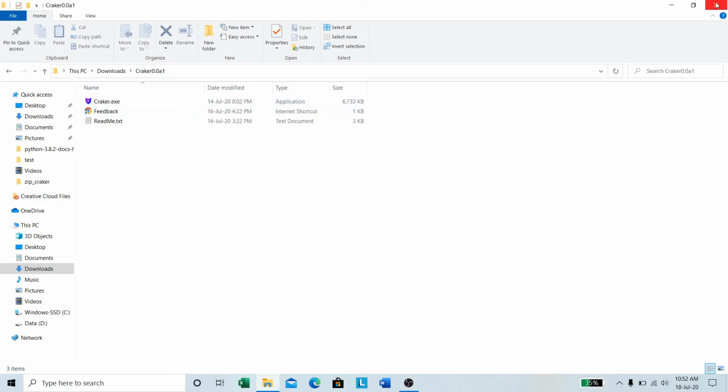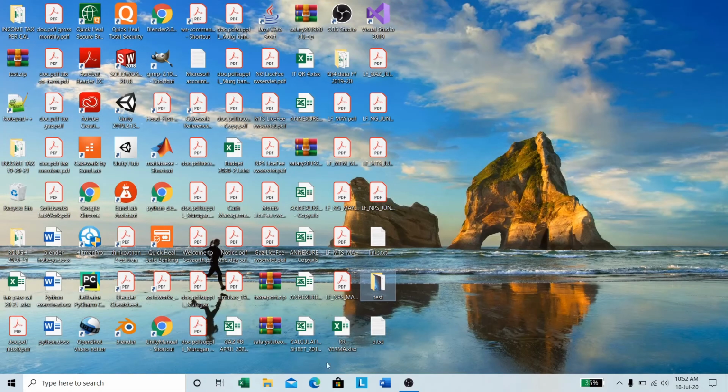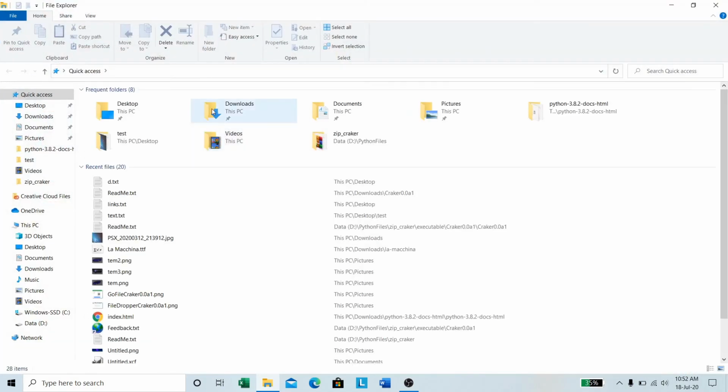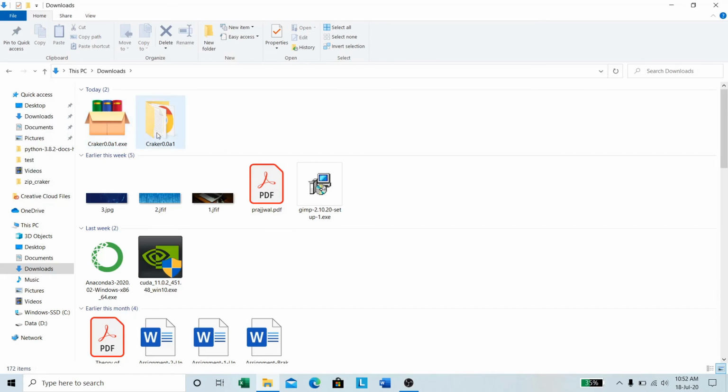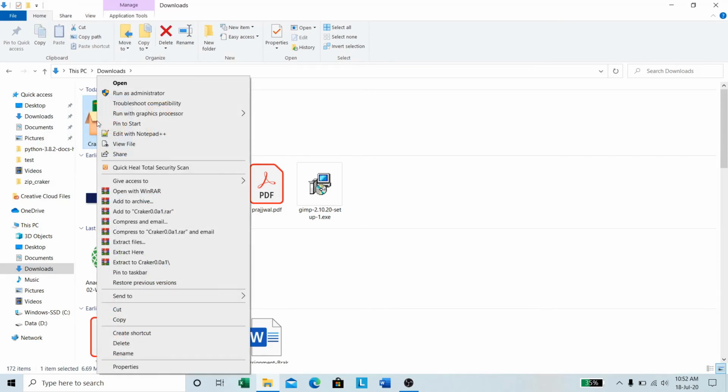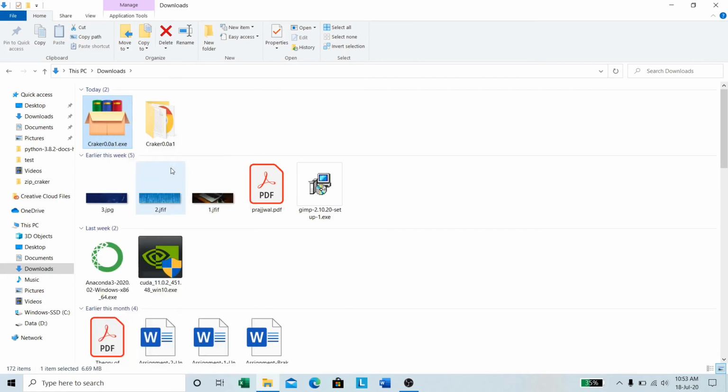Now let me show you one other thing, that it is not a virus or malware or something malicious like that. Let's scan it. Here it is. Quick Heal total security scan.